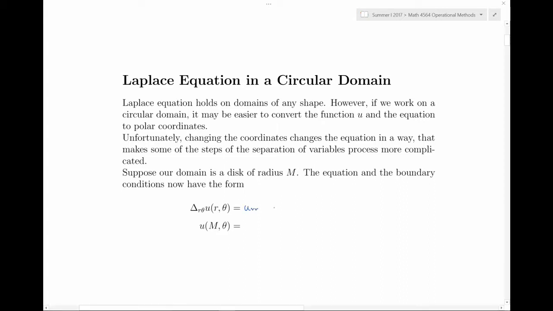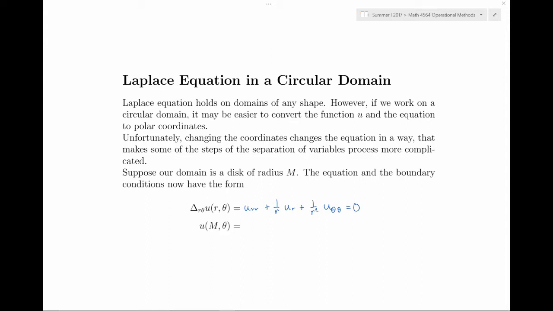It's u_rr plus 1 over r u_r plus 1 over r squared u_theta theta, and that should be equal to 0. The reason the equation looks so different is because the coordinates are no longer just the perpendicular coordinates, like the coordinates x and y. If you're wondering how to derive this equation, there are many derivations available online, and I encourage you to look